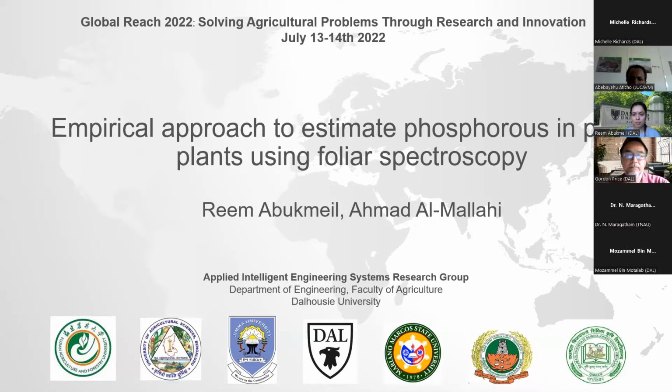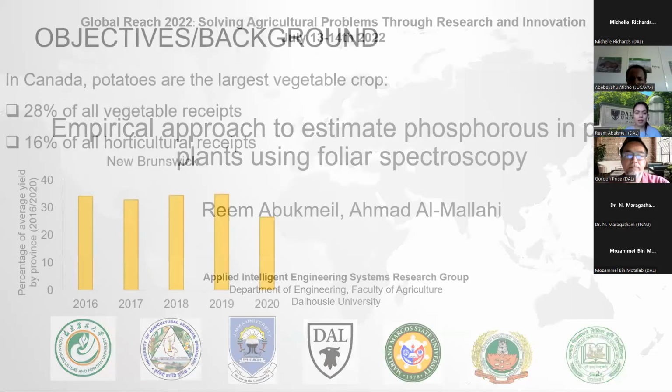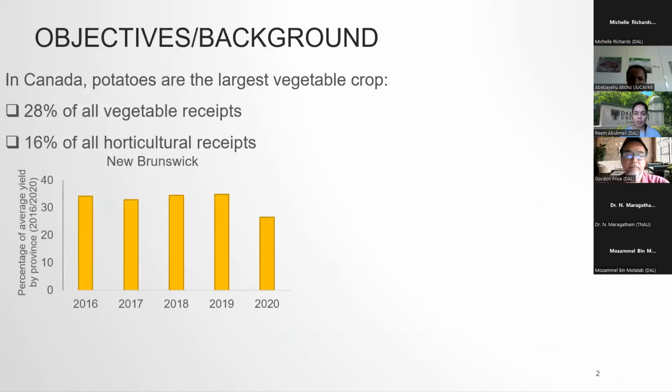spectroscopy. As a general background here, I'm not sure how much you know about potatoes, but potatoes are considered the largest vegetable crop here in Canada, and they account for around 28% of all vegetable receipts in Canada and 16% of all the horticultural receipts here. And New Brunswick is one of the provinces here in Canada, and it's very well known for potato